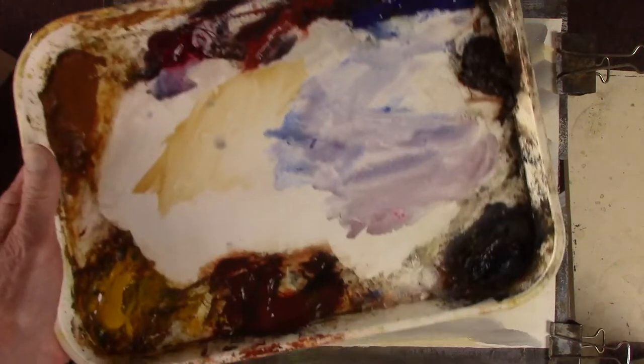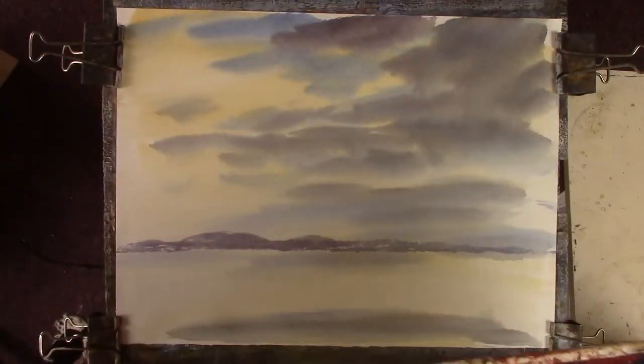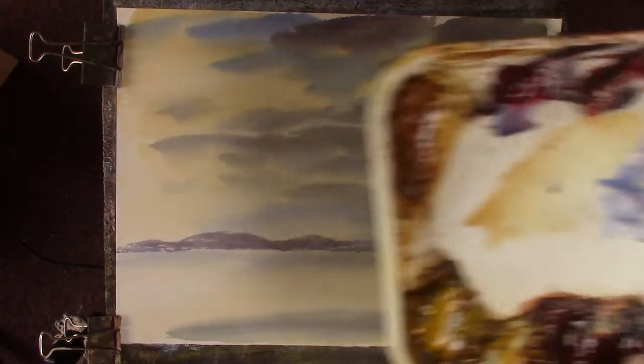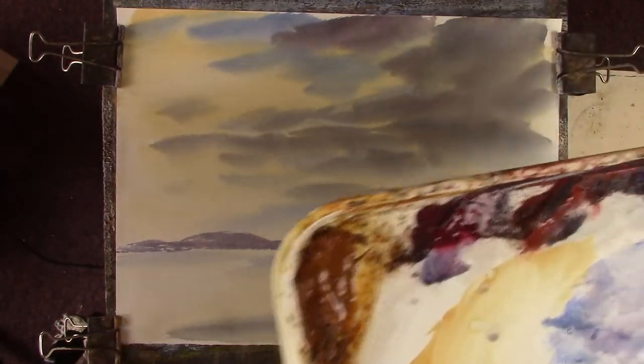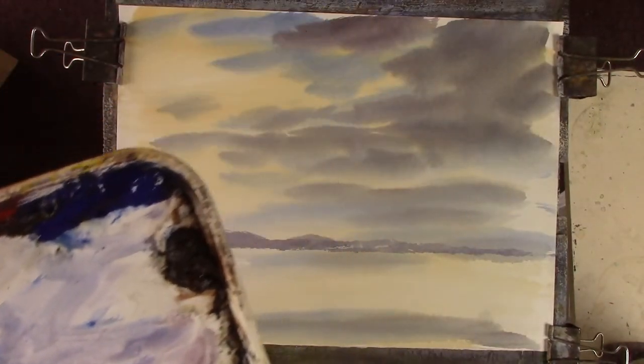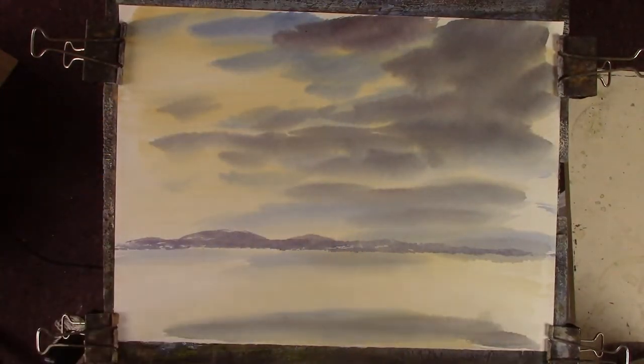I can't really show you the mixing because if I use the board that I use for the oil and the acrylics, that would be on the side, and all the water would run down to the bottom of the page, bottom of the tray. And I like to hold it anyway and have it on my lap, so I'll show you what I can if I remember. Right, okay, so let's get a sort of greeny